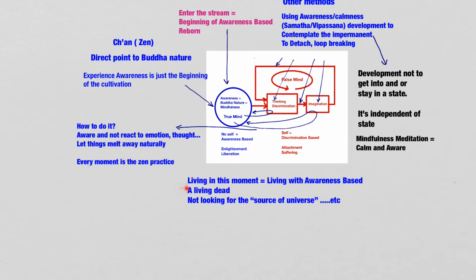And in the Zen, you know, in the Chinese Zen chant, that is sometimes named as a living dead. Well, a living dead is those who are aware but just acknowledge, and that's it. Do not react to the things. Do not oppose it. Do not go against it. Okay. Zen is never looking for the source of the universe, those kinds of stuff. What I just shared with you is exactly what Zen practice is,